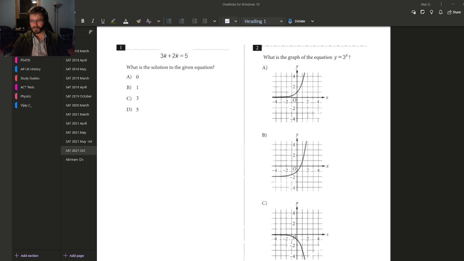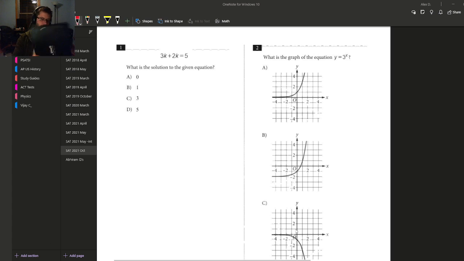I'm going to go through both the no calculator and calculator sections of the test. And I'm going to try to do it as quickly as I can. Let's see if I can get none wrong at 12:07 near Chicago time. Alright, and I'll explain as I go along. So,